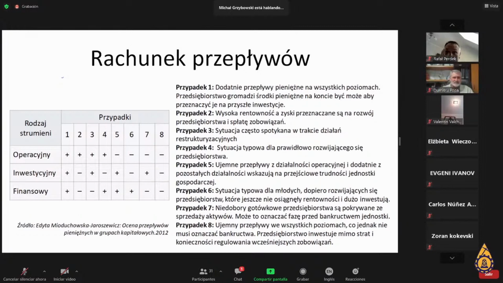The same goes for the financing activities and cash flow from financing activities. If the cash flow from financing activities is positive, that means the company is taking a loan. So it has additional funding in the form of a loan. Why does a company need a loan? For example, to fund an investment that they plan to make. So this means the company is taking a loan, funding the investment with that loan, which may be a positive sign,